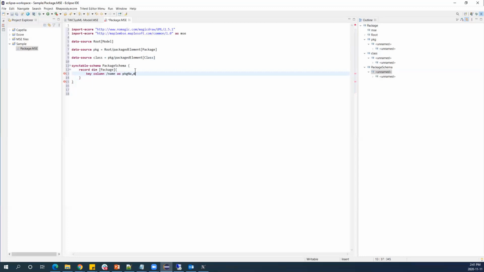So I'm going to get the name of the package, and I'm going to call that package name. Say I'm also interested in getting the visibility of the package. So I can use visibility, and I'm going to call this visibility package. And we also want to find the classes.